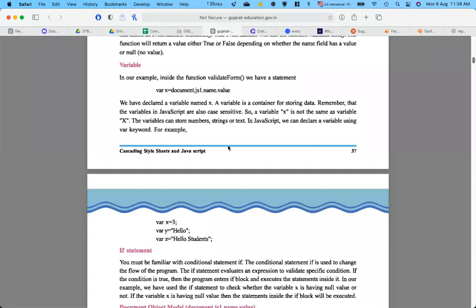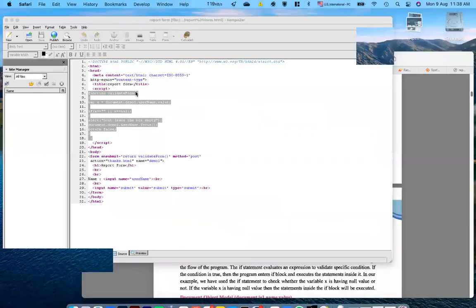Because JavaScript is case sensitive, we have to give a name. So a small x name is given to the variable here, so it has to be the same everywhere where we want to use the variable x. Now these variables can store different types of values, like numerical values, string values, or text values. In JavaScript, we declare a variable using the var keyword. So in our example, you can see it is here.